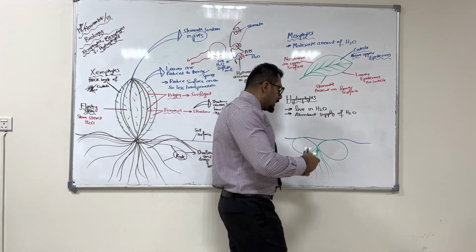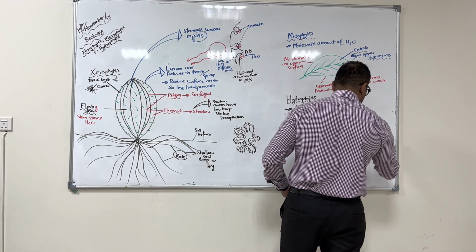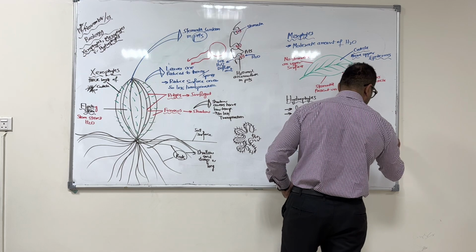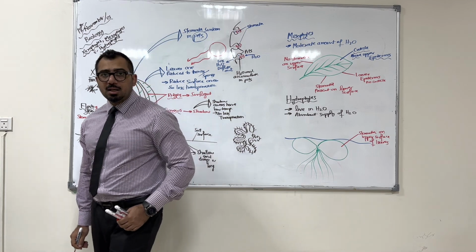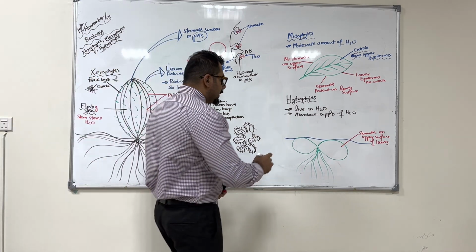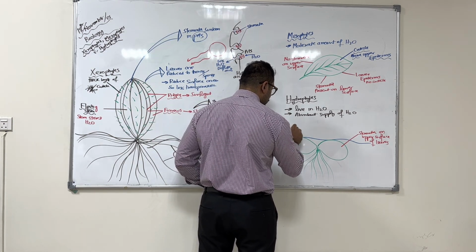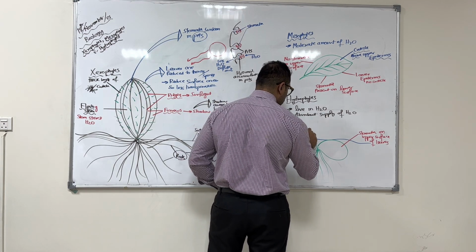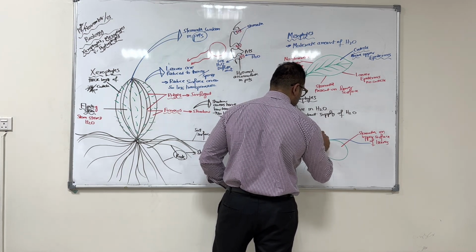So these plants have stomata on the upper surface of the leaves. Another important thing was that these plants do not have cuticle on the upper surface of the